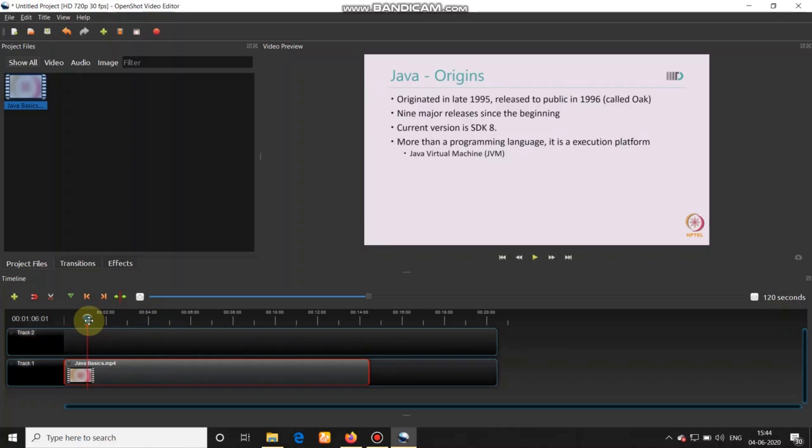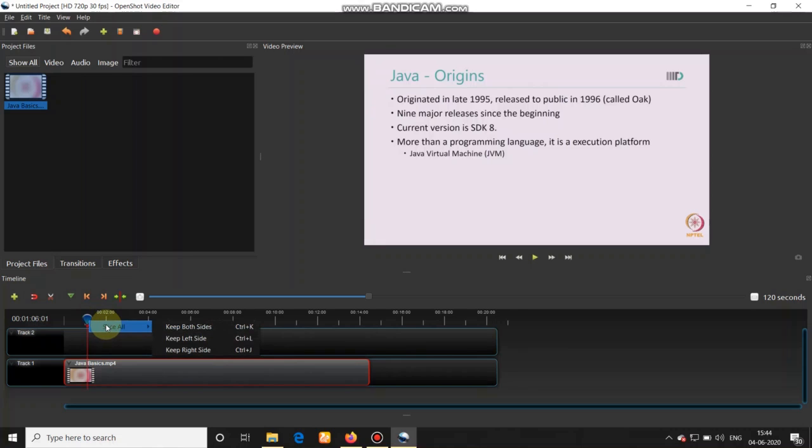There are two ways to trim the video. The first way is you just put the slider at the place from where you want to trim the video. Right click the slider, select slice all, which has three options.